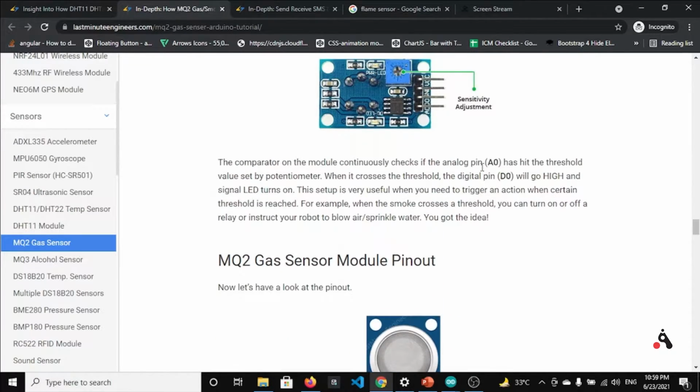And as I already told, it has an analog pin and a digital pin, so I have used the analog pin, which will give a more accurate reading. Basically we will define our reading in our Arduino sketch, that if this value comes down to a threshold, this constant value, we can trigger this fire alarm system basically.